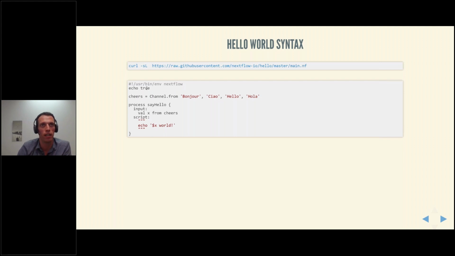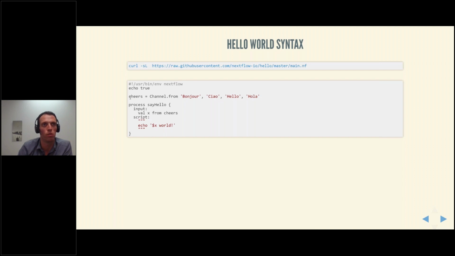Here we say echo true to ensure that the outputs of the script block, or any script block if there are more, are printed to the terminal directly. Otherwise, in big workflows, you wouldn't use that because you wouldn't want all your standard outputs printed to the screen. In this case, that's intended.